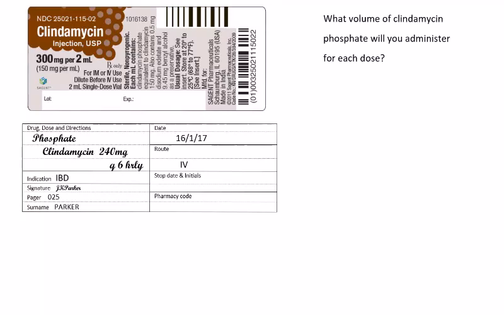Here we have the label of a drug, so we should investigate that and see that it's an injection and there is 300 milligrams per 2 mils. That's the first concentration we see there, but we also see on the bottom 150 milligram per mil, which is actually that there